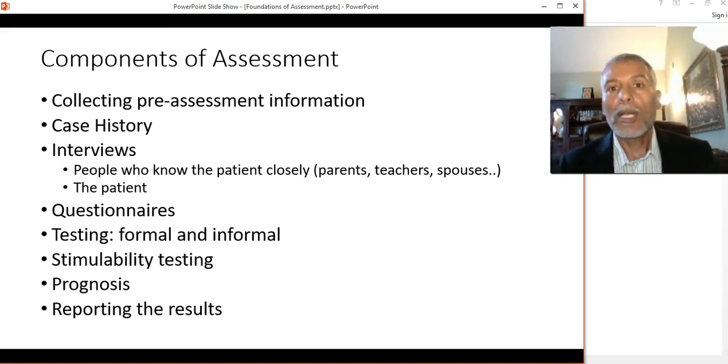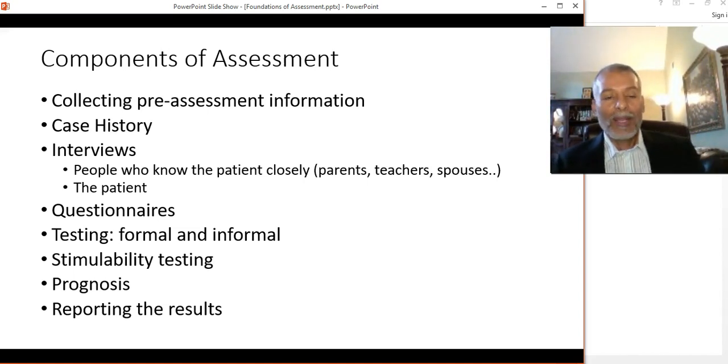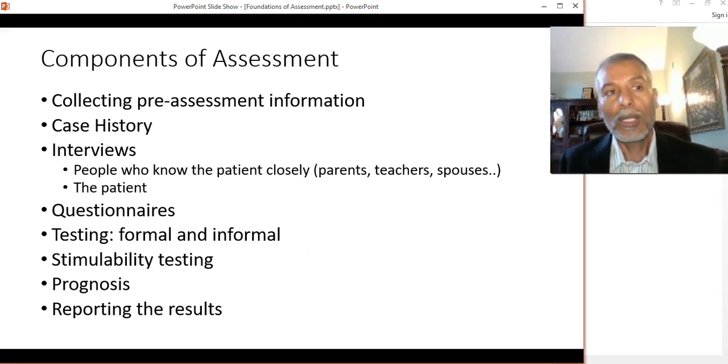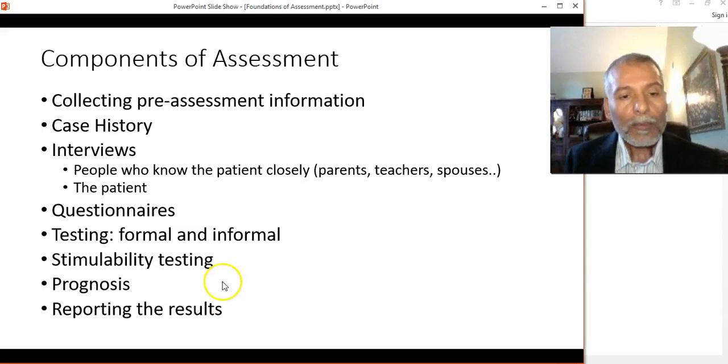Anything you might design as your own testing instrument and use, but it is not standardized, so it's informal. So impressions that you make, for example, if you ask a patient to remember 3 words, and then ask them a half hour later to tell you the 3 words, that is part of an informal assessment. So typically, an evaluation or an assessment includes formal measures and informal measures. And then,